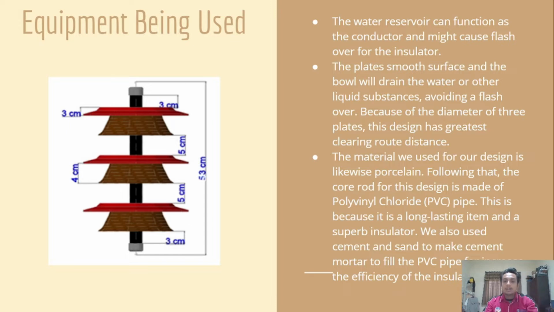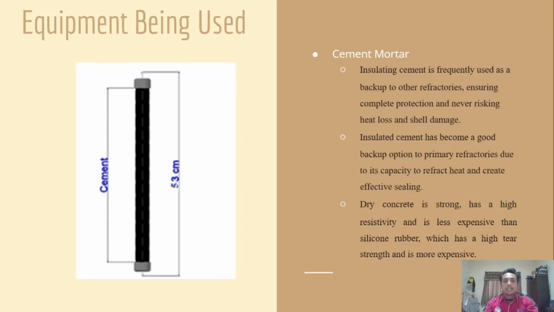The material we use for our design is likewise porcelain. Following that, the core rod for this design is made of PVC pipe. This is because it is a long-lasting item and a super insulator. We also use cement and sand to make a cement mortar to fill the PVC pipe to increase the efficiency of the insulator. For the inner core rod equipment, we use a